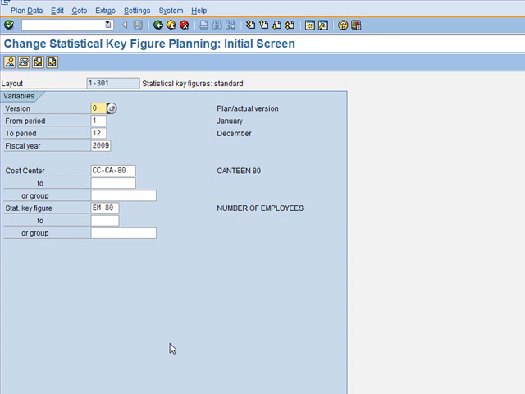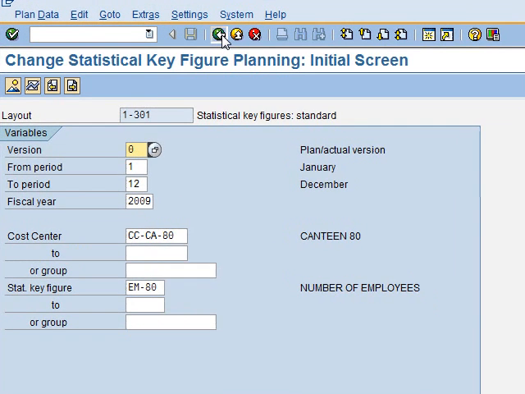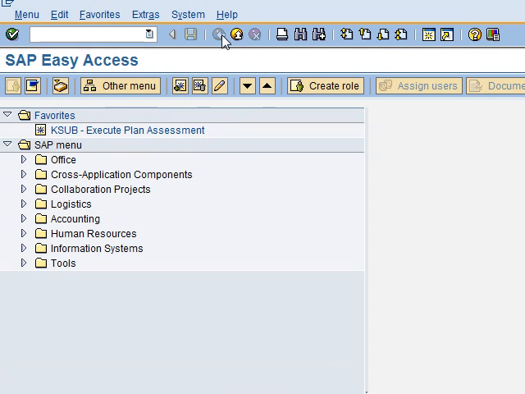Now return to your Easy Sub menu 3, and now we're going to plan the activity outputs. You will plan the total activities of maintenance 1,800 and assembly 6,000 hours. For doing that, you need to type the transaction KP26